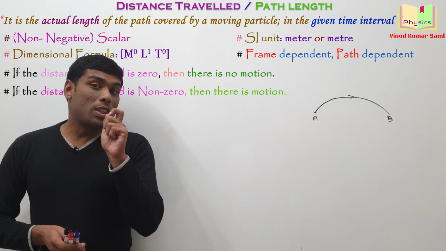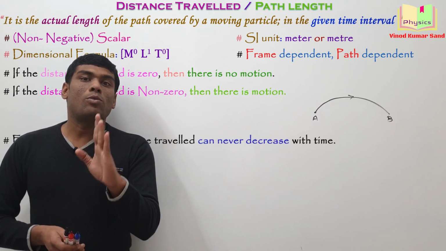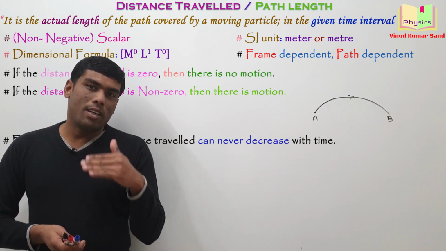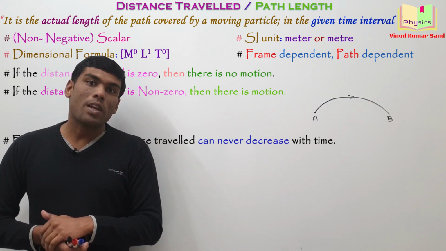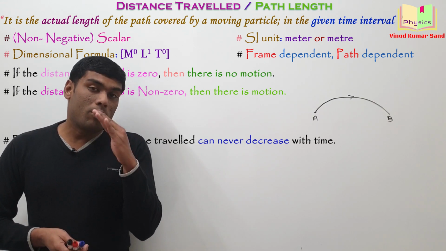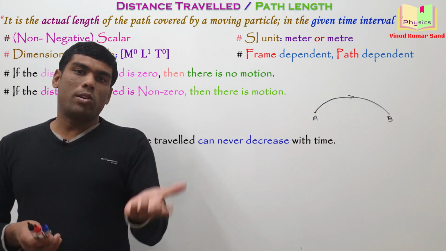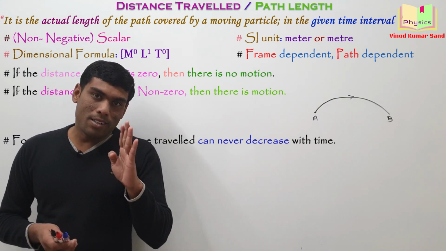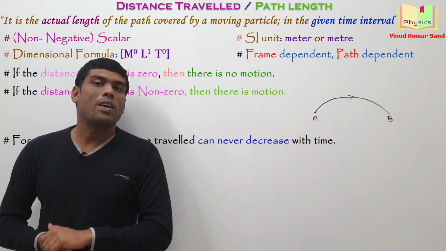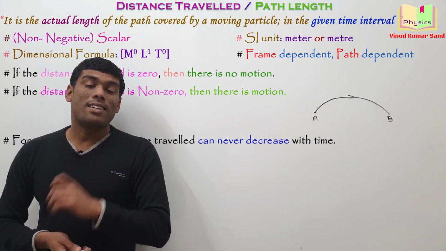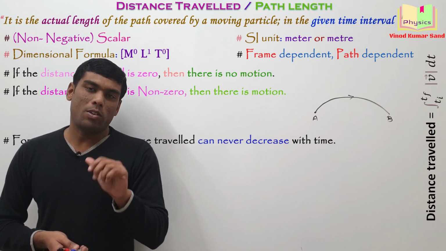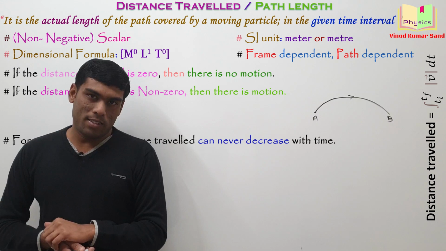Next important thing. With the increasing time, the distance traveled can never decrease. You look at the milometer of your vehicle. As the years or the months or the days pass by, the reading of that milometer keeps on increasing only. From 300 kilometers, it will go to 301, 302, 303 with the passing time. Understand? The reading of the milometer will never decrease. Okay. Next important point. The distance traveled can be obtained using this formula. In the topic velocity, we'll be doing the questions over this thing.